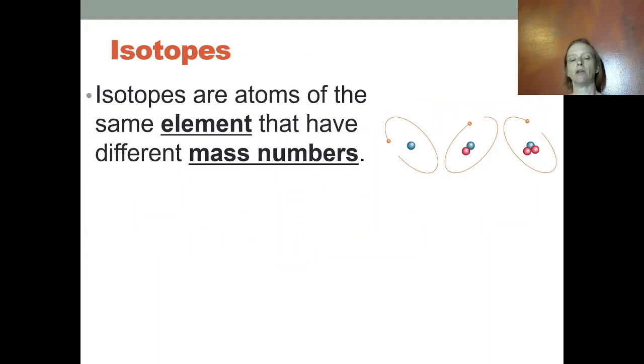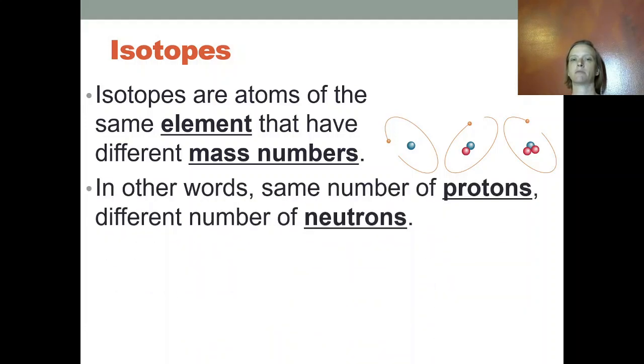So, now that we know what a mass number is, we can give a definition for isotopes. Isotopes are atoms of the same element that have different mass numbers. Another way of expressing this is that isotopes have the same number of protons but different numbers of neutrons. So, for example, here I have hydrogen